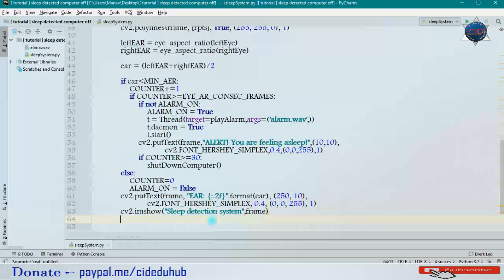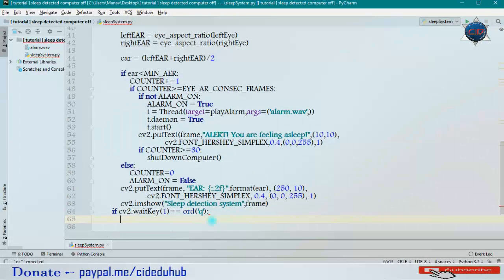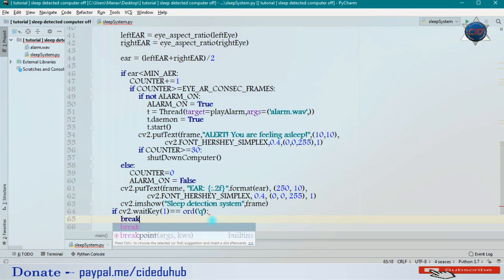Okay, now it is shown, and now we'll have to exit the loop, so we'll pass cv2 dot waitKey, and if this will be equal to the q button, so I'm passing here the q button, and if it happens, then I want to break the loop.